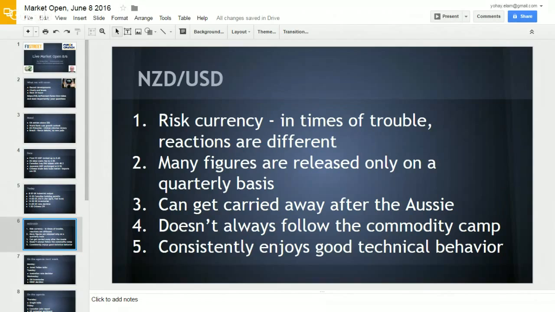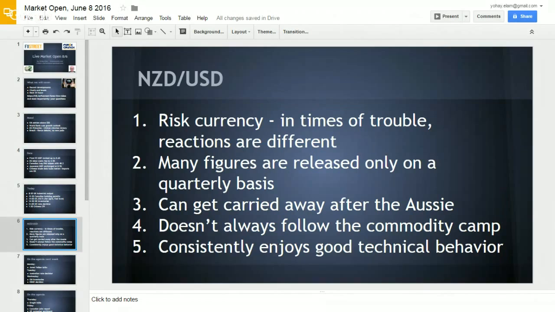is a risk currency. Okay, that means that when things are good, the Kiwi dollar with its higher interest rate, non-zero interest rate, even if they cut it today, attracts sort of risk taking. And in times of trouble, it falls. Okay, it's not always a one-way street, but that's the main theme. Okay, so when stock markets are on the rise, especially in Asia, the Kiwi rises as well, and the